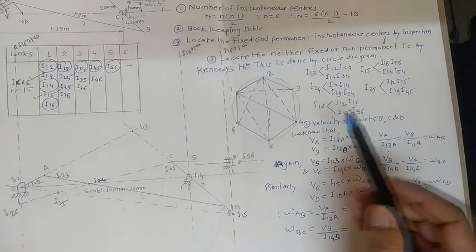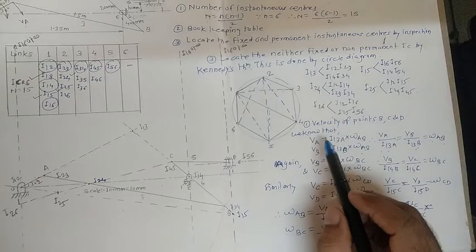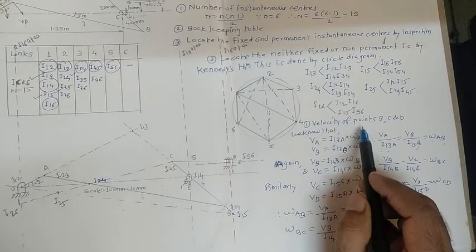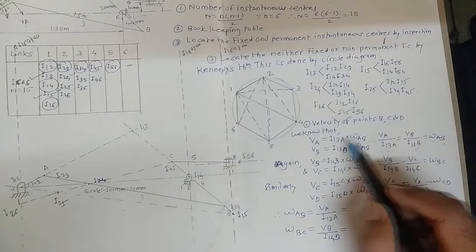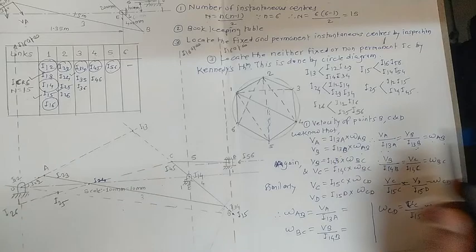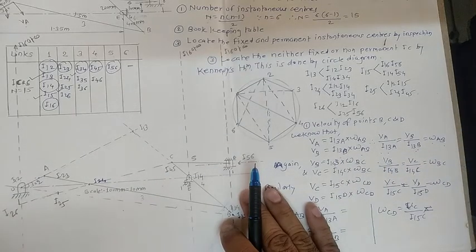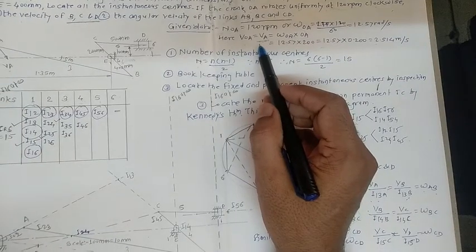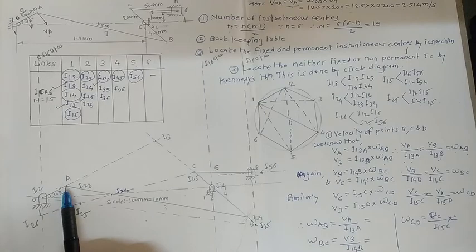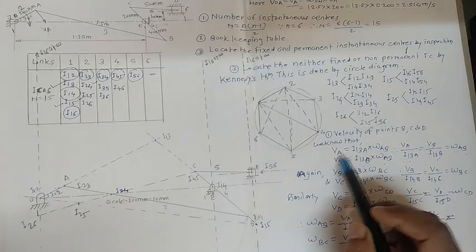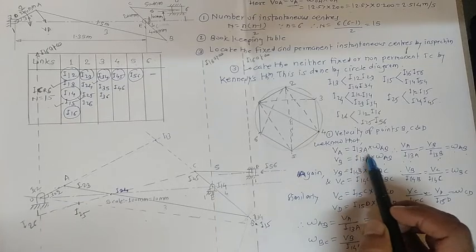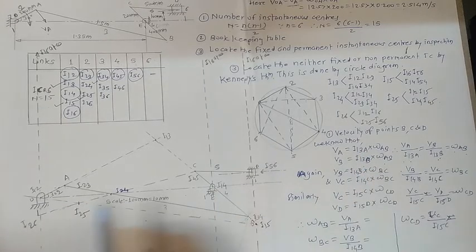Now focus on this point. In this case our task is to get the values for the angular velocities and linear velocities at points B, C, D. According to that, first of all develop the relations. Already we got the relation for VA in the very first step. Now if I consider that A point on this AB, then we can develop the relation like this: VA equals 13A multiplied by omega AB.